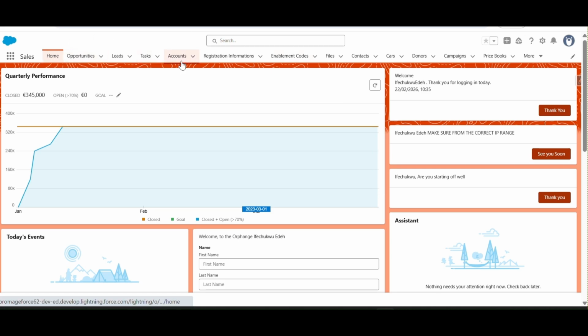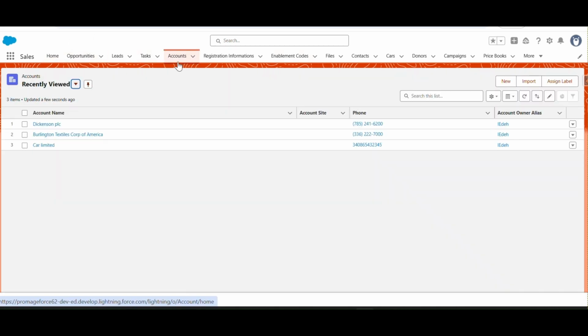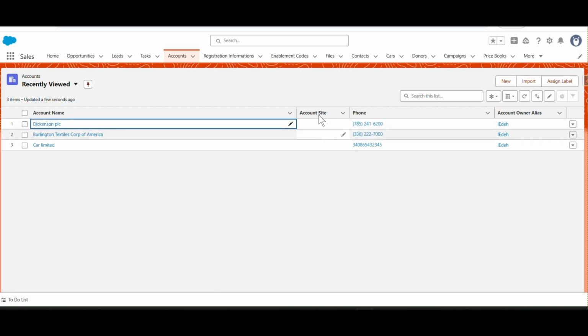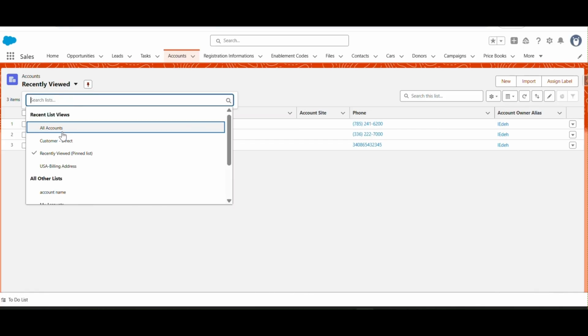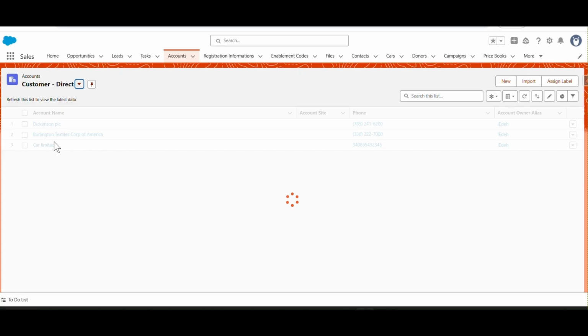Have you ever opened a Salesforce record and thought, why are these fields at the top? That's not random, that's controlled by something called compact layout. If you don't configure it properly, your users will see the wrong information in the highlight panel, in lookups, and